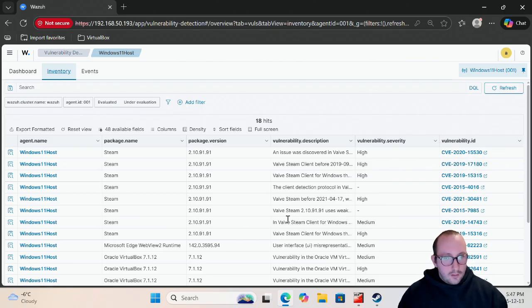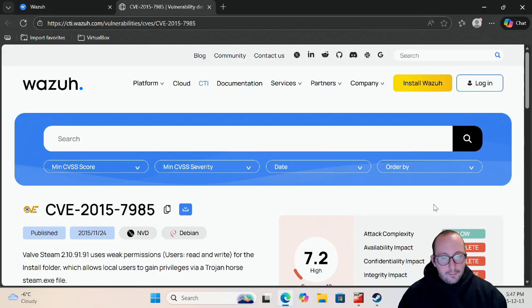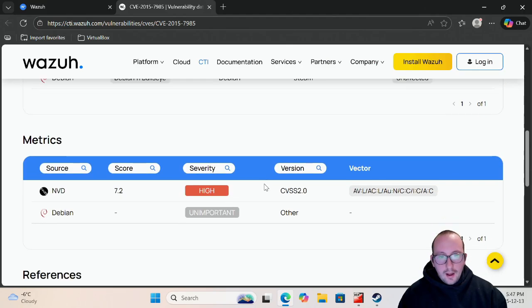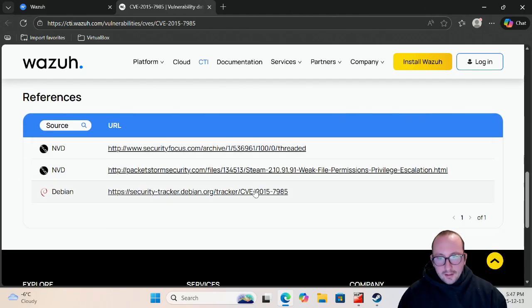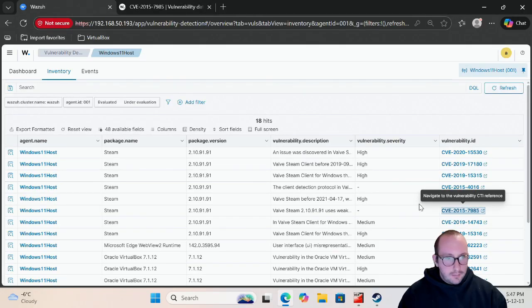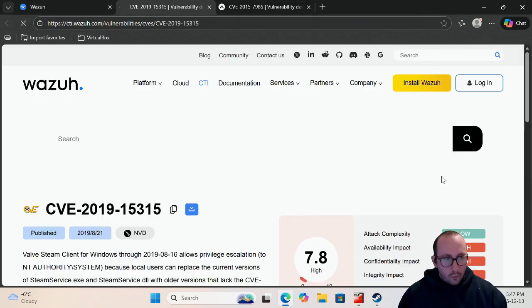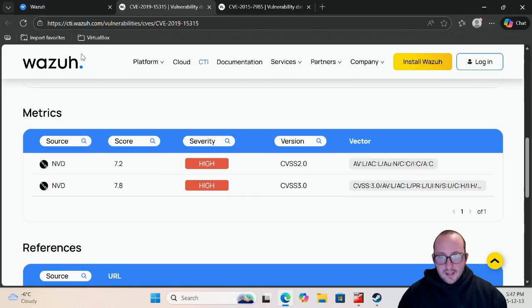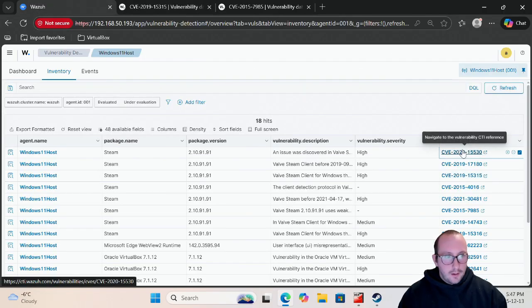So let's click on any of these, actually. Let's click on the 2.10.91.91. And let's go ahead and scroll down. Actually, there's nothing for Steam there. Let me just click on one of these vulnerabilities here and see if there is a Steam